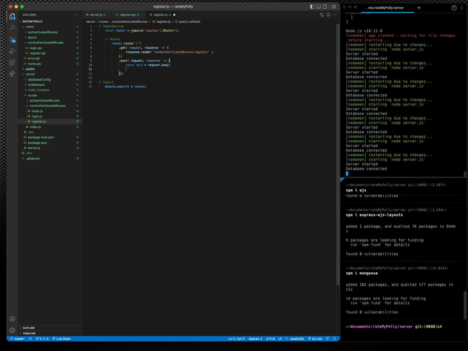Once we've got that data, the very first thing we want to do is validate that the passwords match each other. Later on we'll worry about password complexity, you know, characters, numbers, letters, whatever, but right now let's just make sure that they match. So let's say if data.password is not equal to data.conf_password, we want to return back